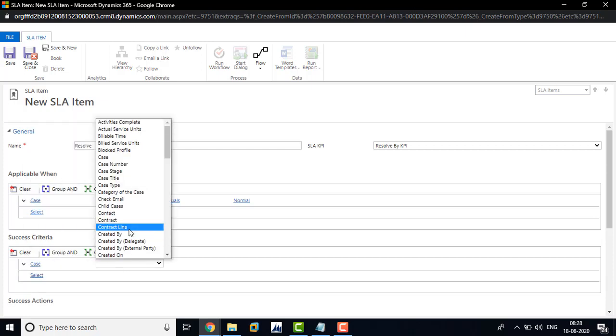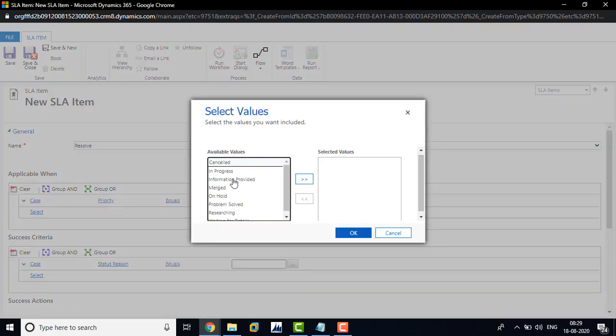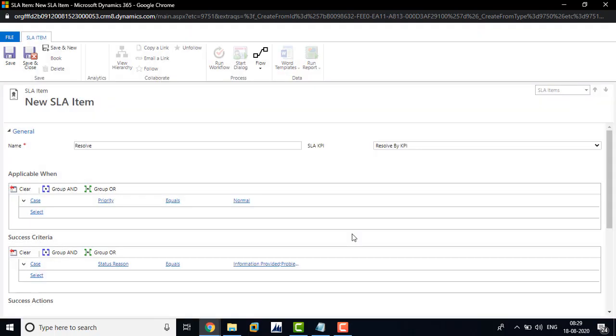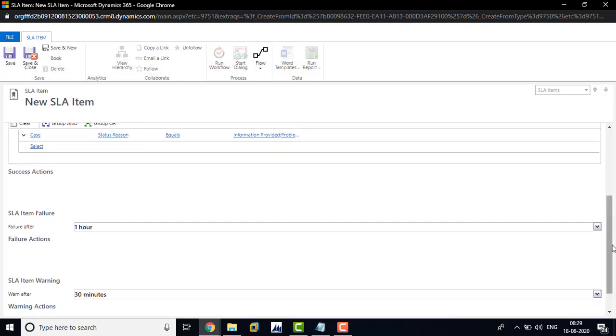Case status reason equal to information provided or the problem is resolved. I am going to keep it on the status reason. So if the problem is resolved or the information is provided, the case is going to resolve.